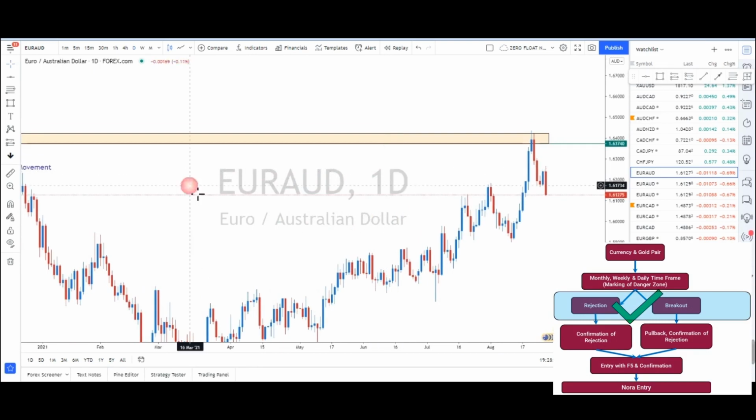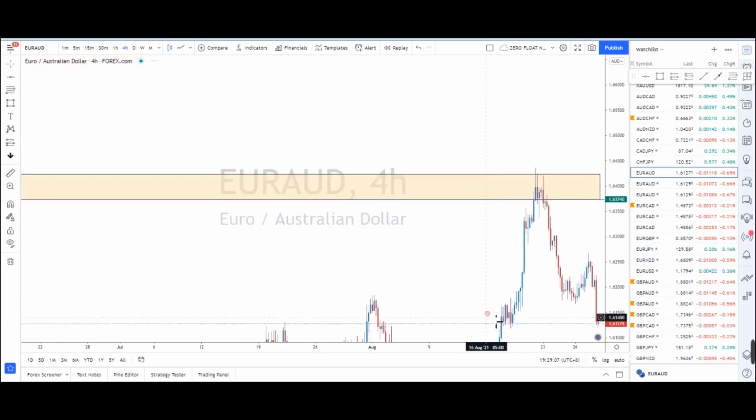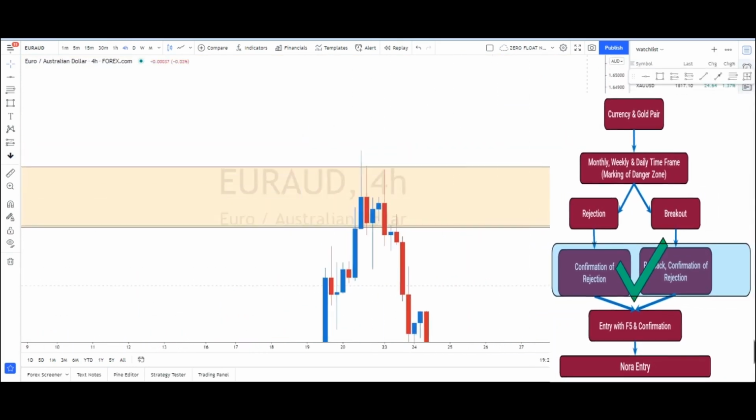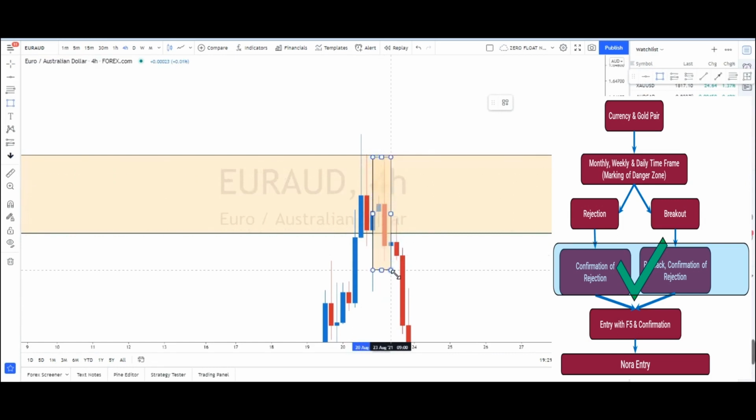Normally if this is a daily time frame, we will wait for the confirmation of rejection at which time frame, guys? Yes, the H4 time frame or the H1 time frame. So let's go to the H4 time frame first. As you can see here, I'm going to show you one thing. We have one confirmation of rejection. I'm going to mark this properly. Confirmation of rejection on this candlestick. This is what you call, guys,